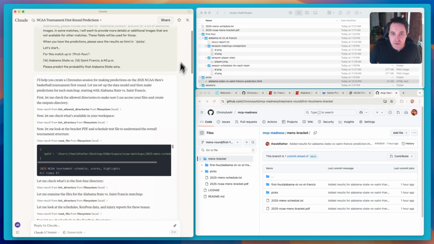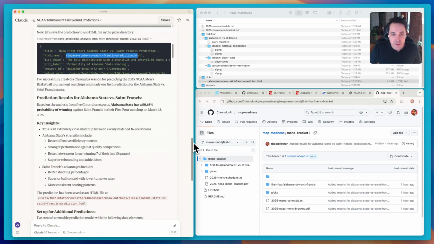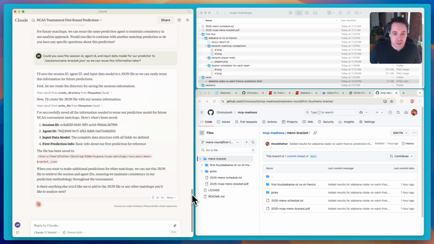At the end, I don't have a tool specifically to save our session or information out and reuse it between different Claude conversations, but because we had that file system tool, I basically just told Claude, hey, can you save out the information we need to reproduce this for another conversation.